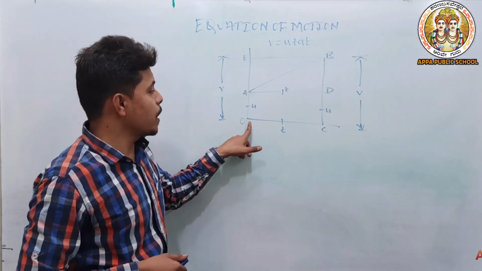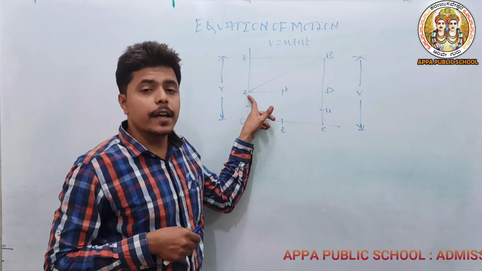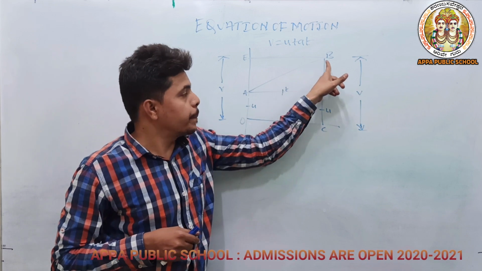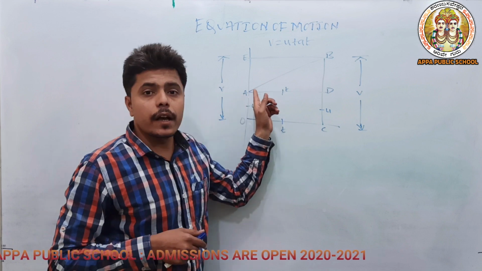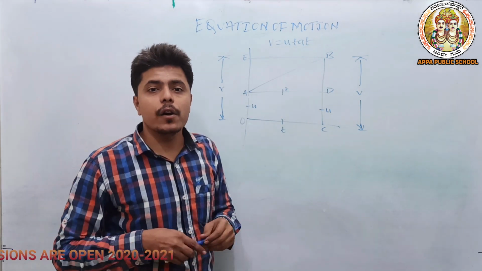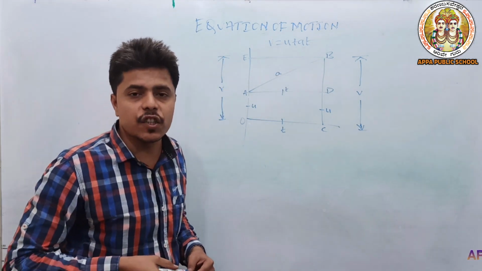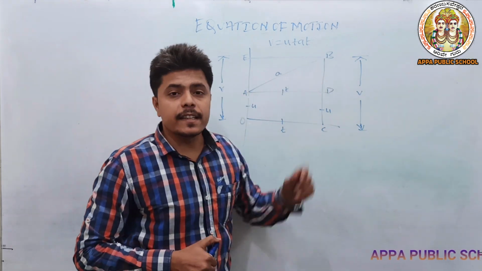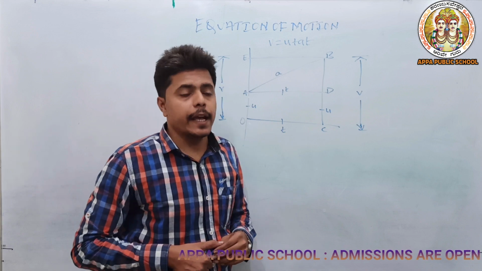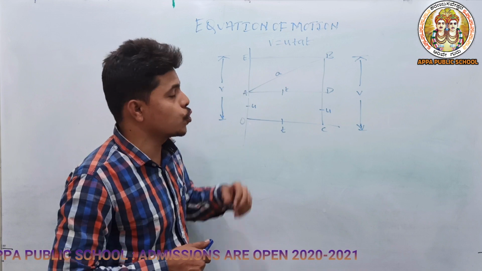Here the body is moving from the O position to A. At A the body accelerates with uniform acceleration, it moves and ends at B. So the body starts to move with a uniform acceleration and ends at B. Here this slope line is nothing but a, an acceleration. So AB is an acceleration line or slope line. This is the graph which is going to derive v = u + at.